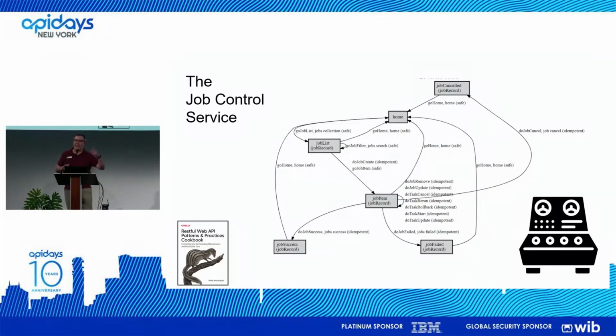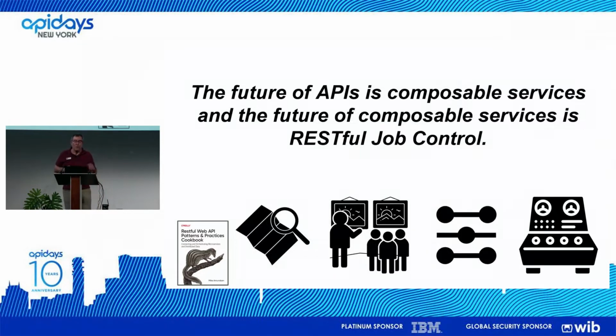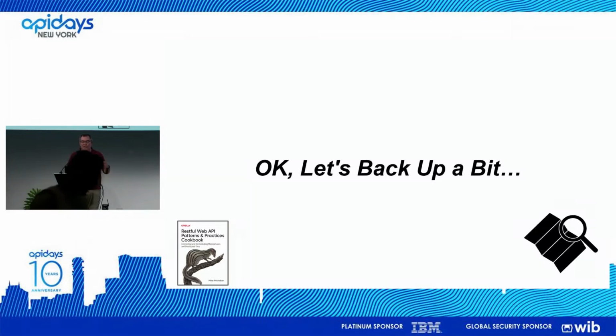This is what the actual network, the diagram of composable services, looks like. And this looks the same no matter what services you're composing, whether they're simple or complex, whether they're values, entities, aggregates, it doesn't matter. So what I'm really going to try to convince you to think about is that composable services is the future and that this particular approach can work for you. I'm not going to say it's the only way to do it. But I think it's one that has worked for me in the past in various ways, so I just wanted to kind of out it.